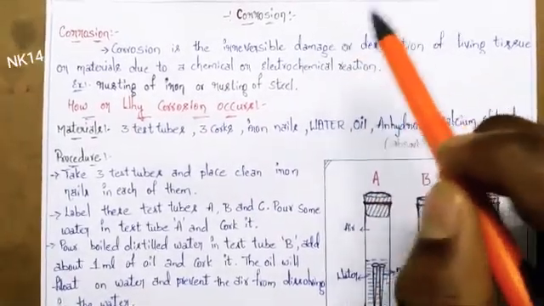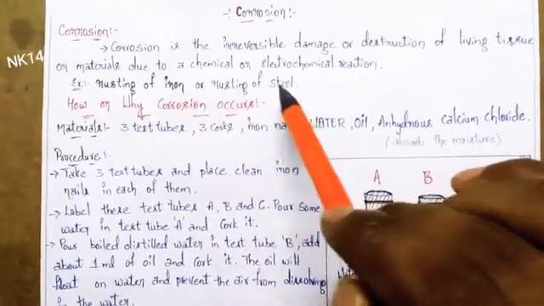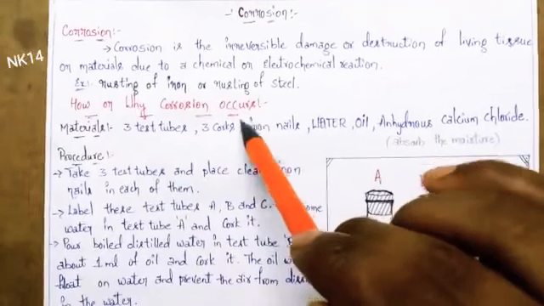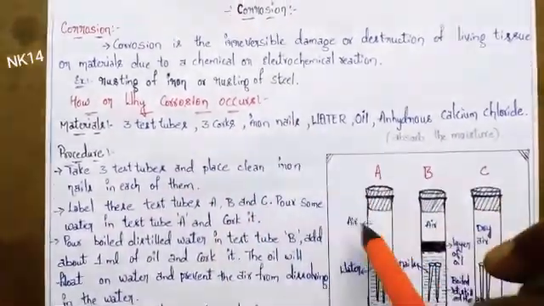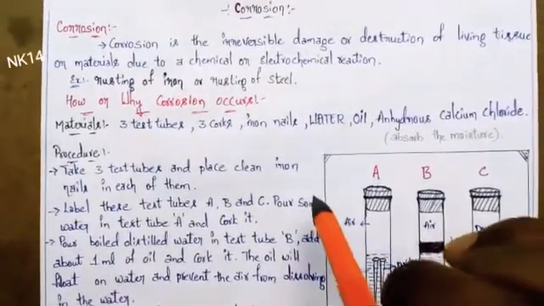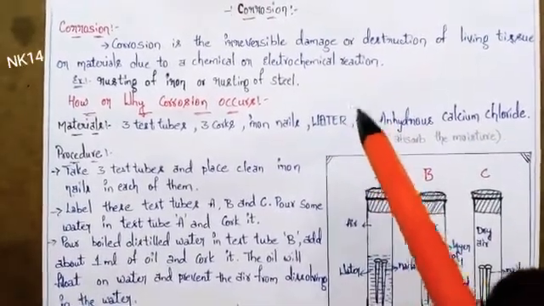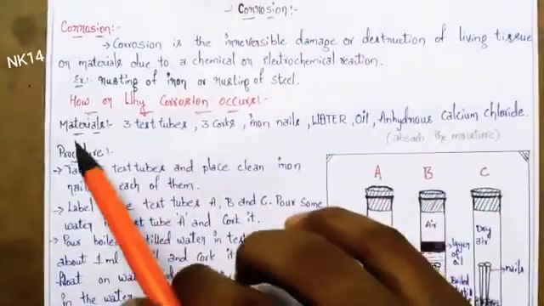Normally we can see corrosion examples like rusting of iron and rusting of steel. So let's see why this corrosion is happening and how it forms. I have taken one experiment and I will explain it in detail. So try to watch the video until the last, because in the last few minutes I will explain the total once again. Don't miss any topic.